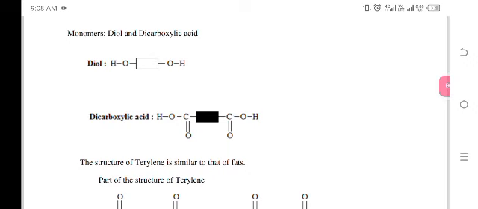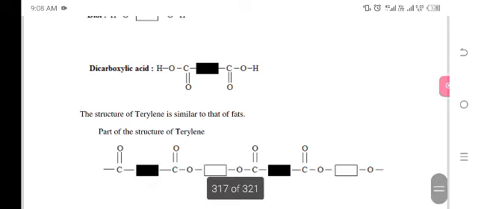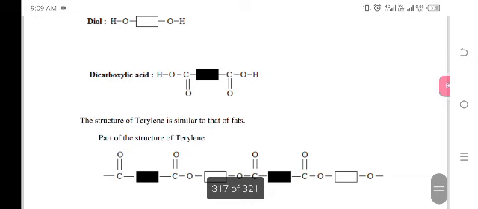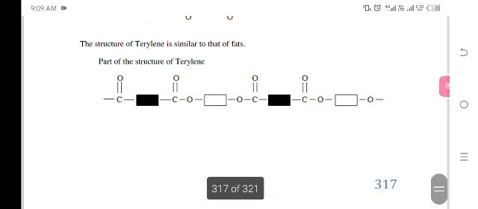And dicarboxylic acids, two carboxyl groups make up a dicarboxylic acid. So when this one and this one react, we know that water is going to be eliminated and we are going to have a polyester, and in between the monomers you'll be able to see an ester linkage,